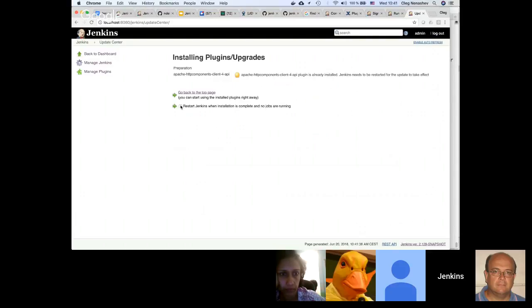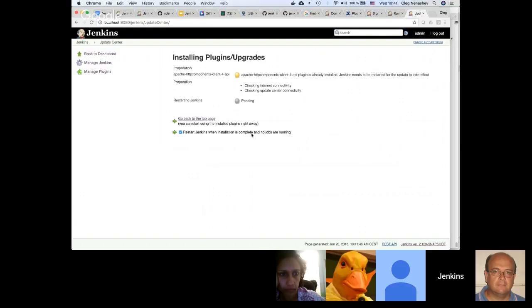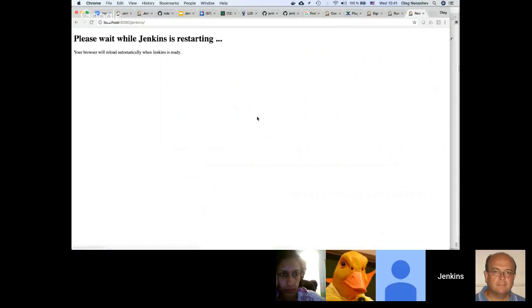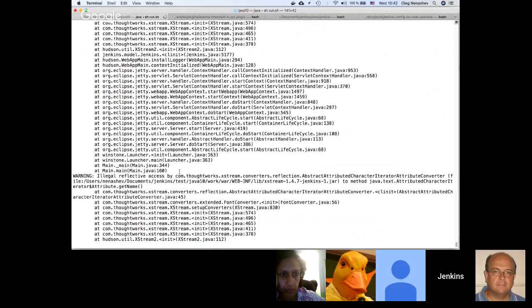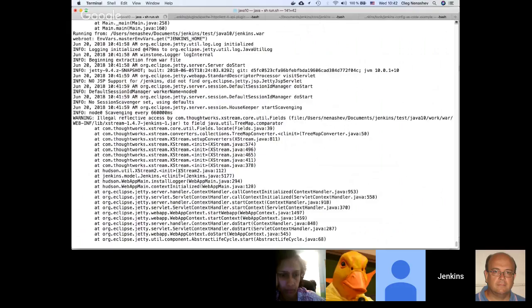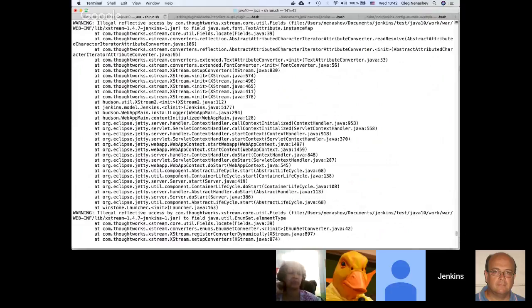So I need to restart my instance in order to get it updated. After that, you may see that Jenkins is actually restarting. I'm not exactly sure that everything runs correctly because I've specified a pretty old version of the plugin, but I'm optimistic so far.